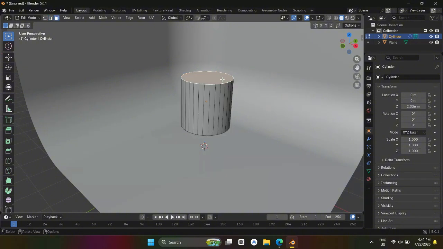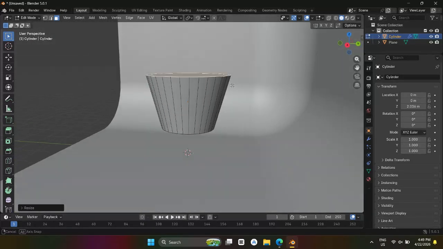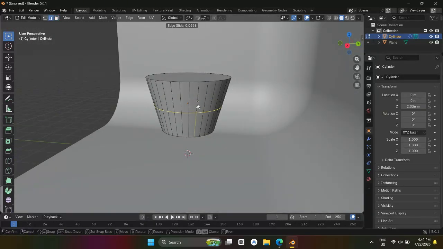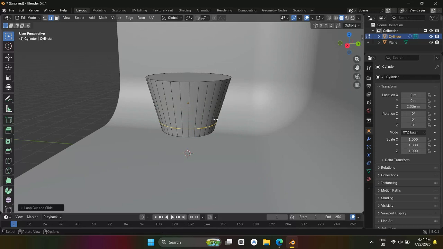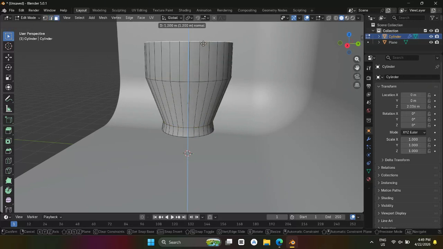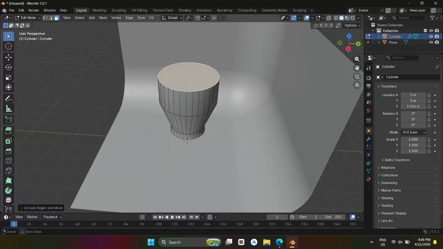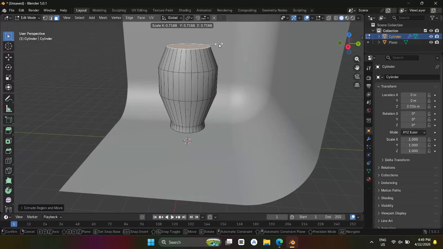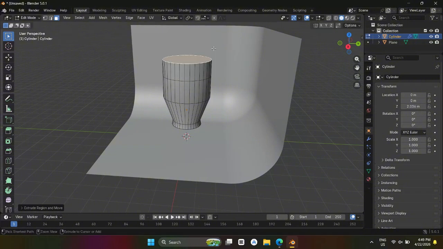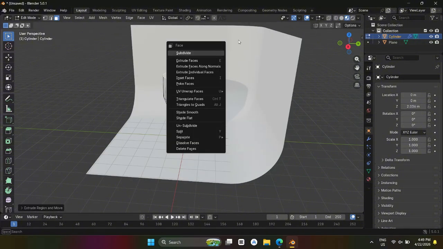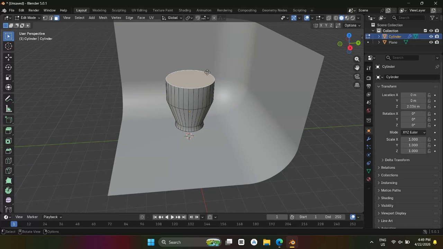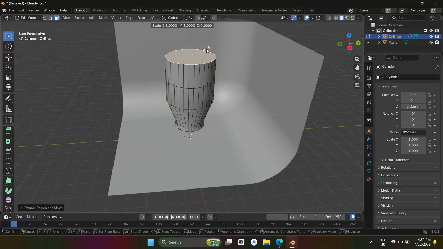Then we have to give a little bit of curves and changes to the object. They can look like a vase or a cup, and we have to add a cut